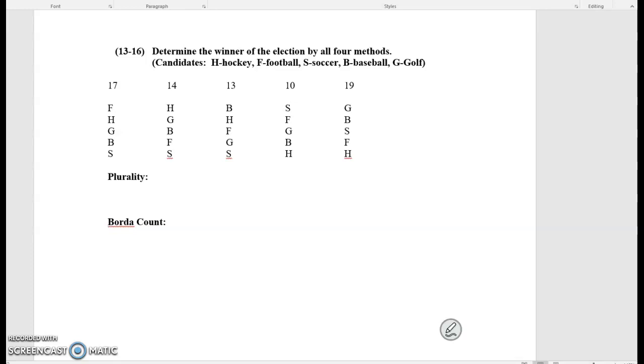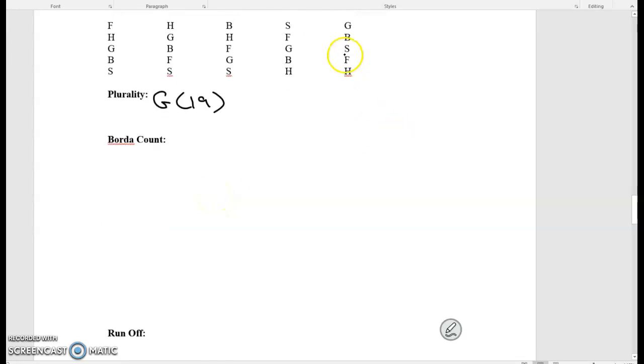So in terms of our Borda count and plurality here, right away, G has the most first place votes, so G is a winner with 19. Okay. When I go to my Borda count,